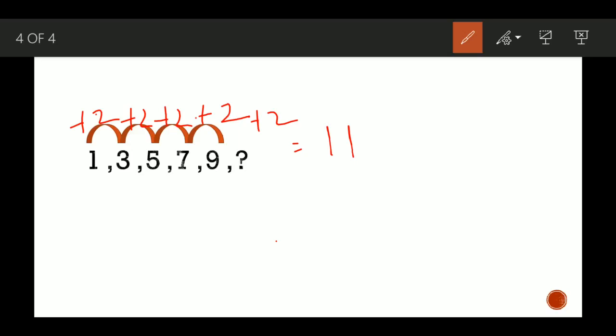If I ask the next number, then add plus 2 in 11, you will get 13 as the next number. And if the next number is asked, you can add 2 each time in the same way and you will get the next number. So once you understand the pattern, you can easily write the next digit to complete the pattern.